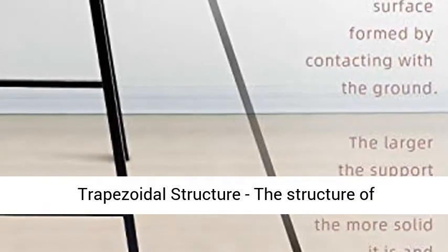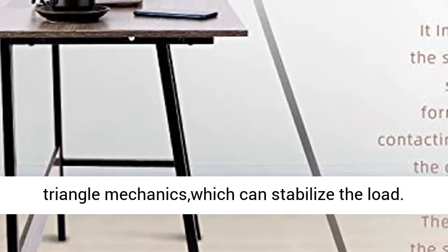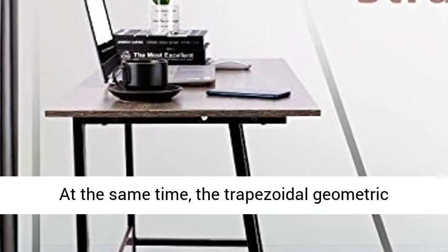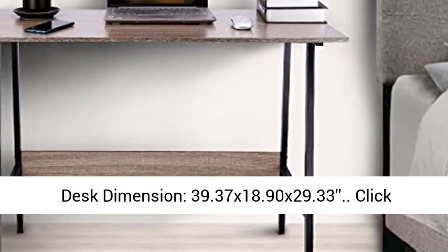The structure of trapezoidal table leg adopts the principle of triangle mechanics which can stabilize the load. At the same time, the trapezoidal geometric elements are both fashionable and aesthetic. Desk dimension 39.37 x 18.90 x